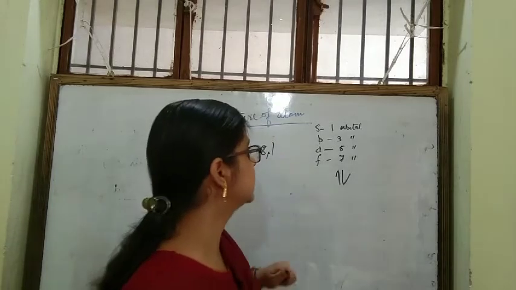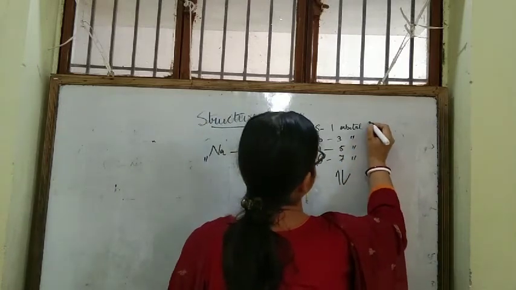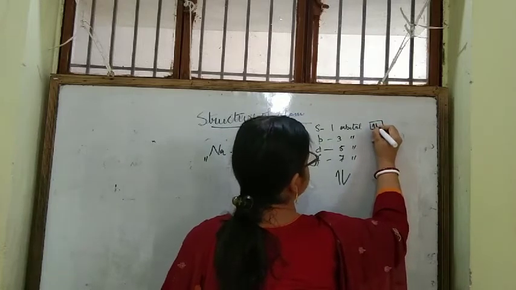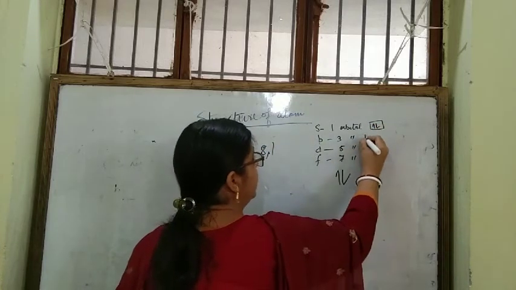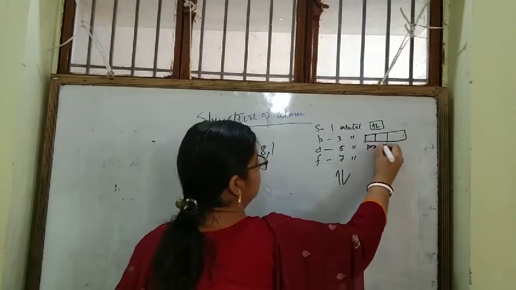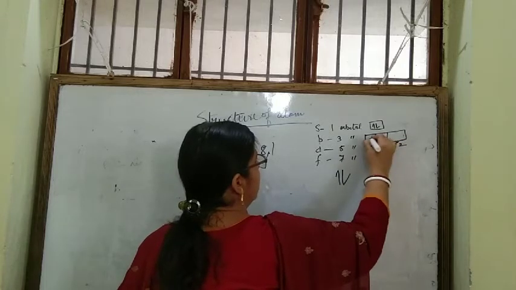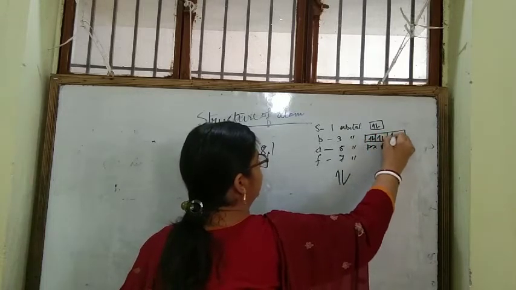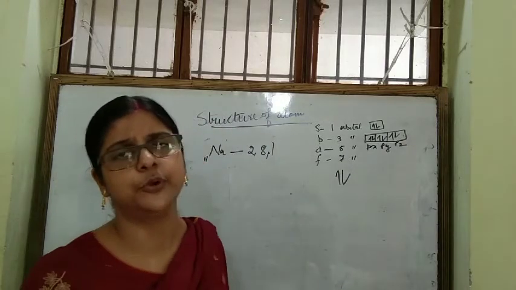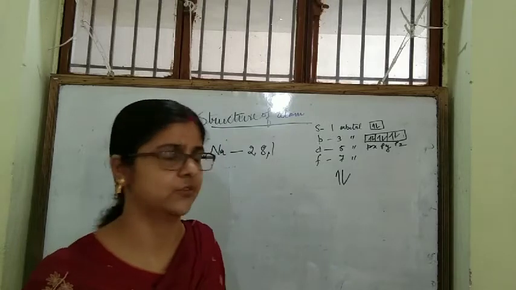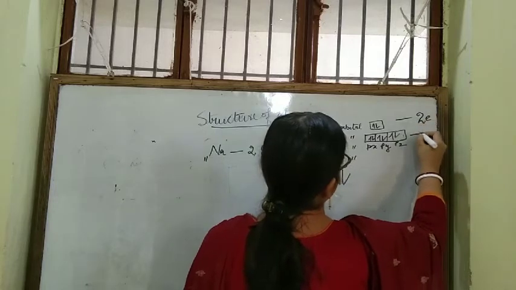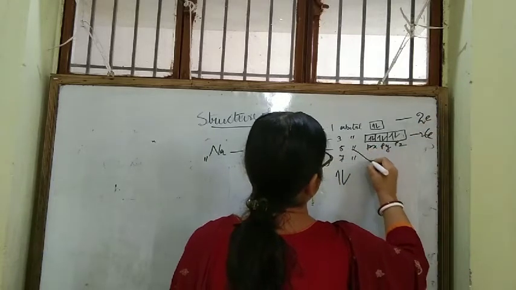Now, we'll be discussing this about orbitals. You see, the s subshell has 1 orbital and maximum how many electrons can be accommodated? 2. The p subshell has 3 orbitals, px, py, pz, and each orbital can accommodate maximum 2 electrons. So, the p subshell can accommodate maximum 6 electrons. The s subshell can accommodate maximum 2 electrons, p 6 electrons. Then d